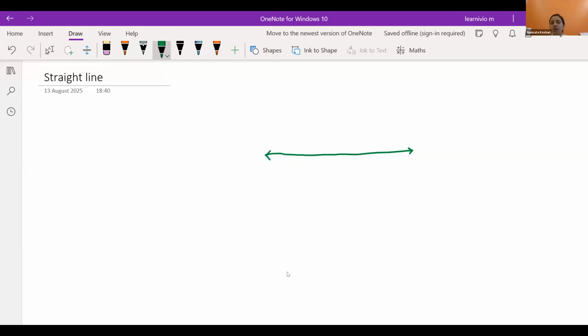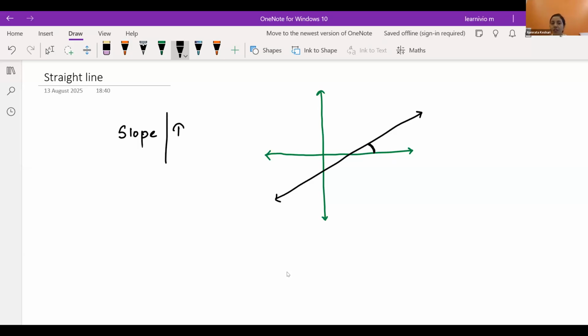How much the given line is inclined with the positive direction of x-axis. Okay, now if we were having a line like this, then slope means what angle it is making, or maybe how much it is inclined. So there are terminologies like slope of a given line, we call it slope, or maybe we call it inclination of this line,